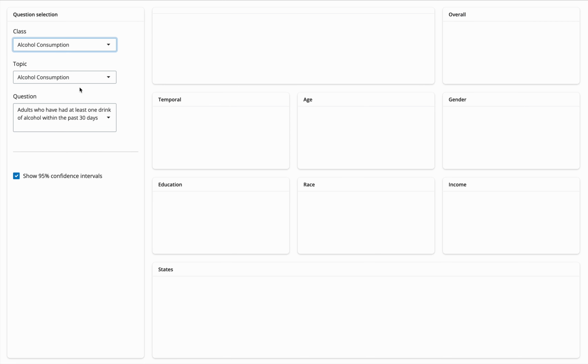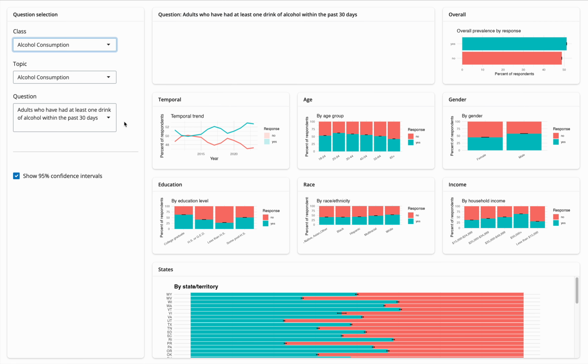Let's start off with alcohol consumption. In the process of this project, I had to combine some questions and responses that were more or less the same. Due to the way the BRFSS works, they sometimes change the questions or the way they phrase them slightly, which causes them to be registered as an entirely new question in the data set, which means we have to go through and combine them in the code, which I did mostly in the initialize.R file. And then I did the confidence interval stuff in the app file.